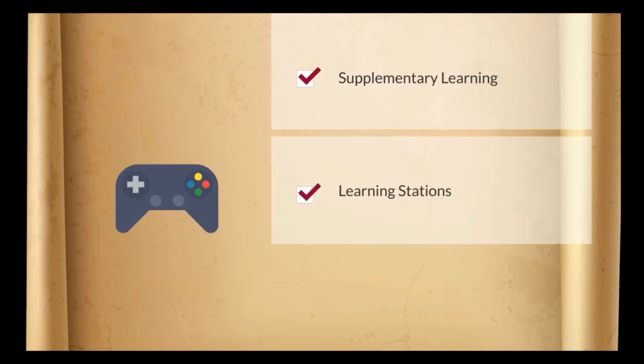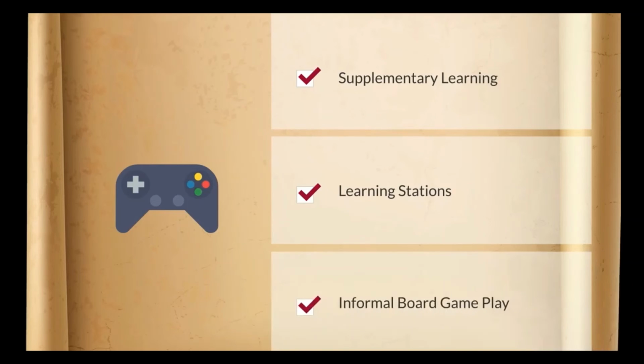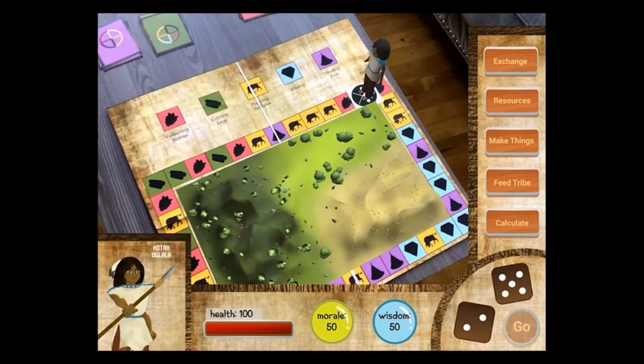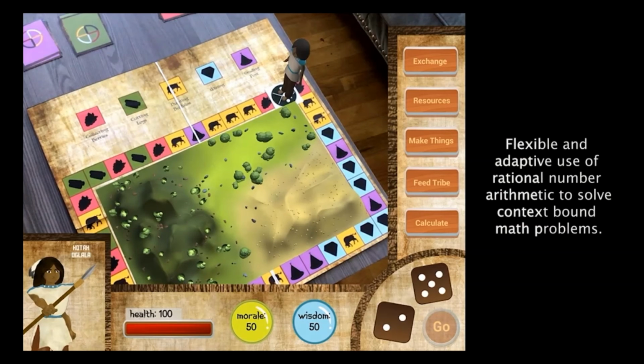This product will supplement the existing educational practice. It can be implemented in the form of learning stations within a formal classroom setting, an after-school class setting, or in informal settings such as homeschooling or family board gameplay. In the game, players assume the roles of leaders as their tribe navigates through the mountains, the plains, and the deserts. The successful accomplishment of game tasks depends on a player's flexibility and adaptive use of rational number operations to